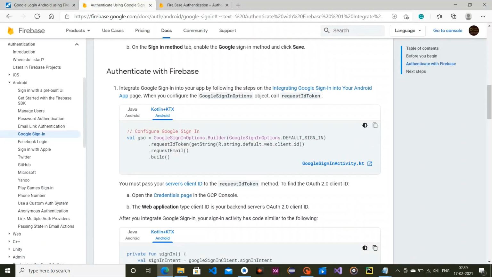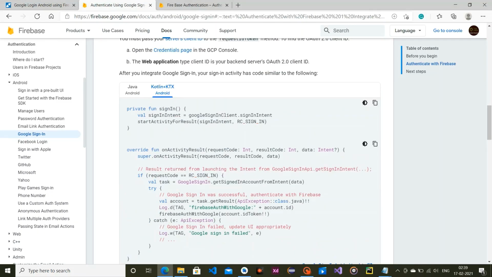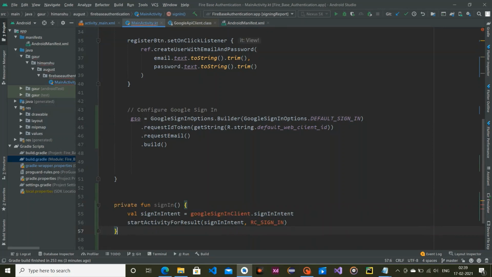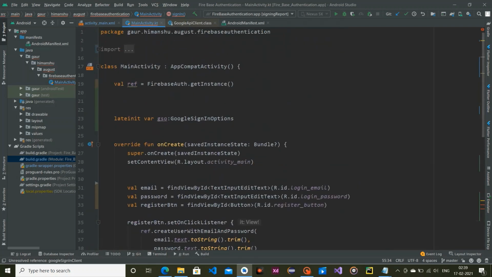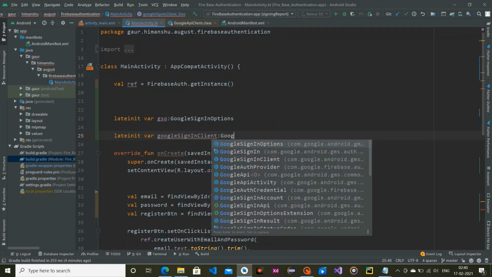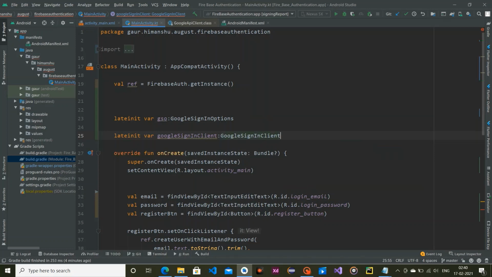So what is the next step? I'll copy this, and I'll tell you later what task this sign in performs. This is the Google sign in client, so I make a variable over here. The lateinit variable name is Google sign in client, and it is of type GoogleSignInClient, this one.